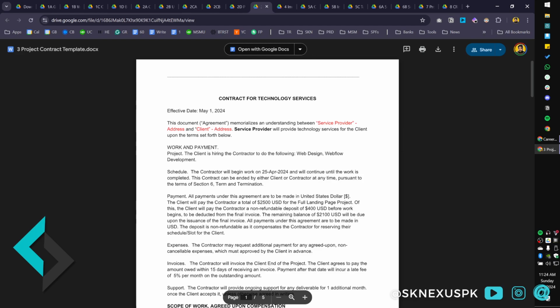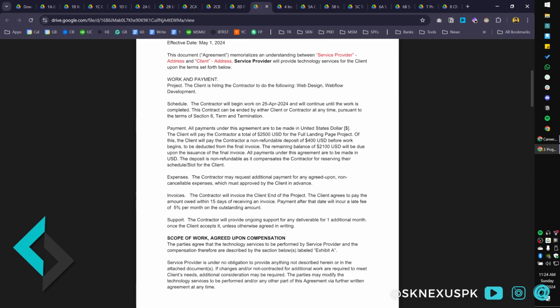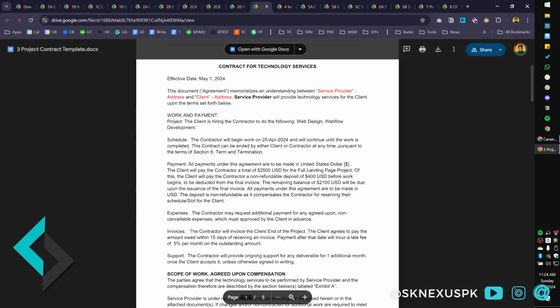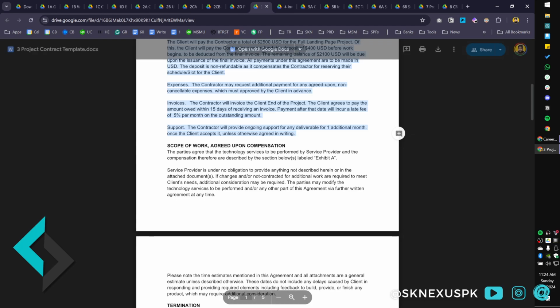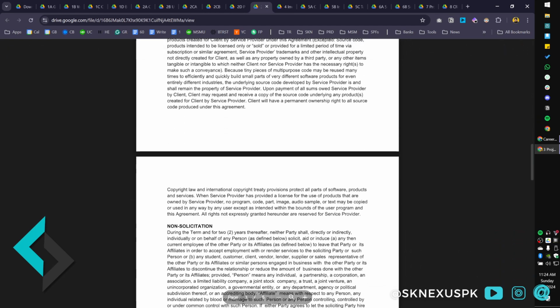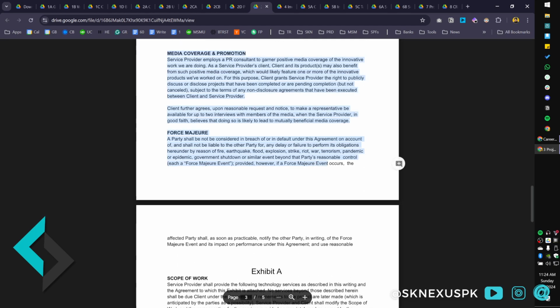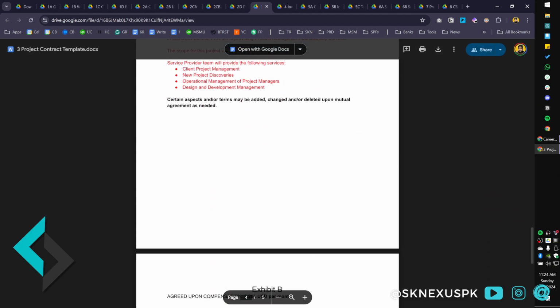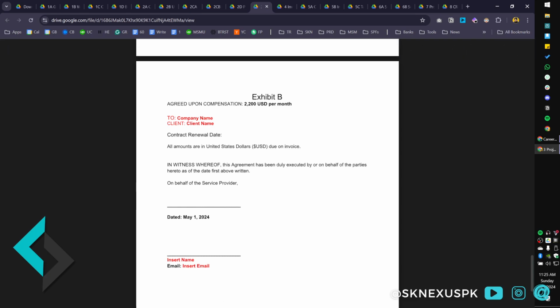Then we have a contract template. Contract is really important. Once the client is locked in and they agree to everything, you must send them a contract, especially if it is a client that is random, you don't know them, you can't take their word, always sign a contract. So this is really standard content that you can send. This is the section you need to heavily update depending on what the work is. Then over here, everything is pretty standard. That should keep you safe in most cases. And then there's the scope of work and the price and stuff like that, right?